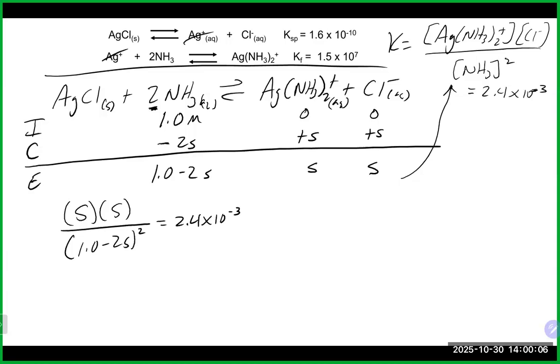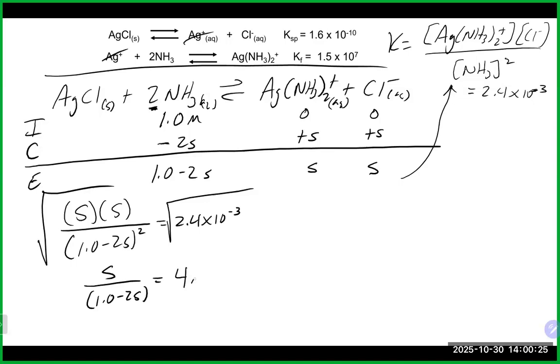Now, hopefully you can see this is a perfect square on both sides. So we got an S on top, a 1.0 minus 2s, equals, probably don't want to forget, square root that guy there, 2.4 times 10 to the minus 3. Gonna get us 4.90 times 10 to the minus 2. We're gonna multiply this to the other side. That will give us S is equal to